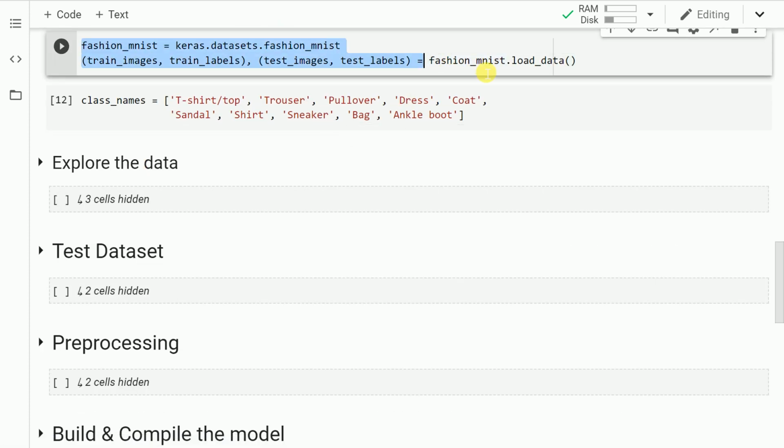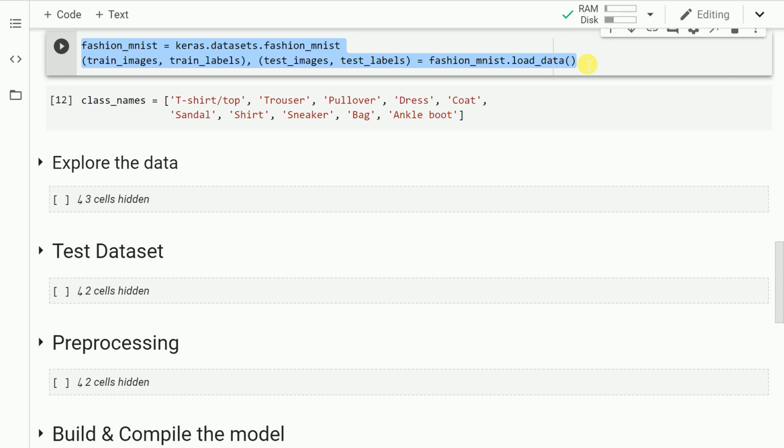The dataset contains 70,000 grayscale images which are divided into 10 categories. In order to use this dataset, I call the function keras.datasets.fashion_mnist and save it into a variable called fashion_mnist. Once I have the variable handy, the next thing that I do is I call the function load_data and separate my dataset into training images along with training labels and testing images along with testing labels.